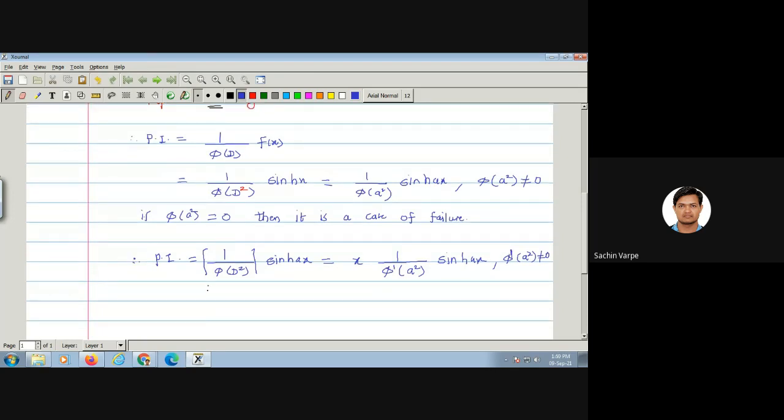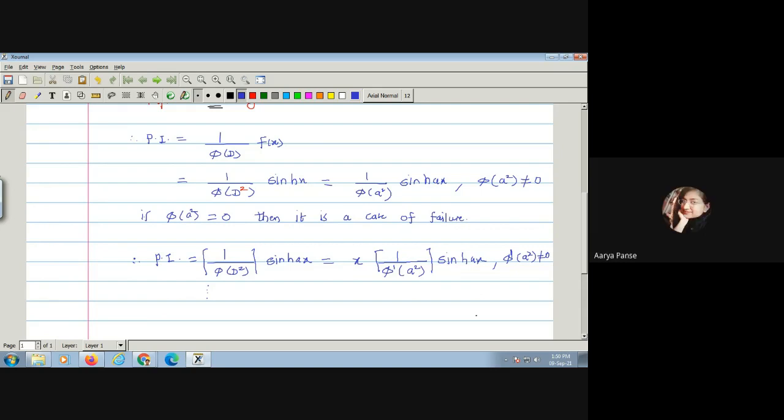So we have to continue the process until we get the non-zero denominator. If phi dash is again 0, then we will multiply this operator by one more x. So the previous x and this x will be x square, and the derivative of the denominator here will be phi double dash, and into that we replace D square by plus a square, and so on. Is this point clear to everyone? That is the only thing in this method.